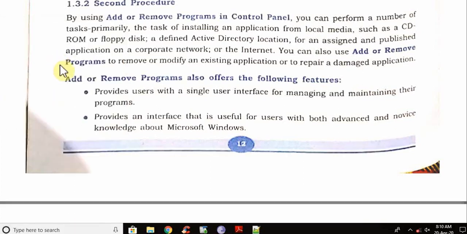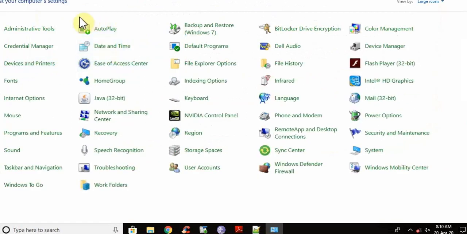Now you can see here this is the required control panel, and if you want to add or remove any program, then you have to do from here. Now these are administrative tools. This is used in software engineering. This is a credential manager.